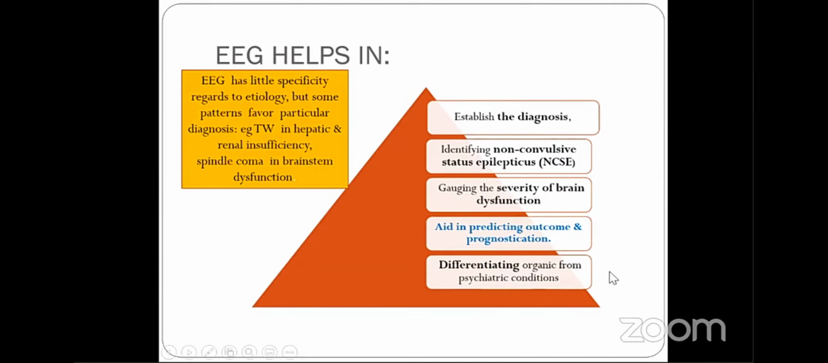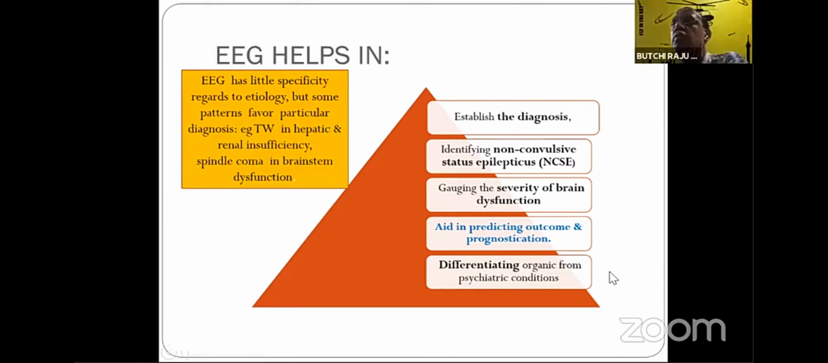So the EEG helps in establishing the diagnosis of encephalopathy. The most important thing is it tells us whether the patient is suffering from subclinical seizures or non-convulsive status epilepticus, which is one of the common things we see in metabolic conditions. It also gauges the severity of the brain dysfunction, whether it is mild, moderate or severe encephalopathy. Because of this, it tells you the prognostication. And it definitely helps in differentiating organic from psychiatric conditions, because the EEG will tell us if there is a